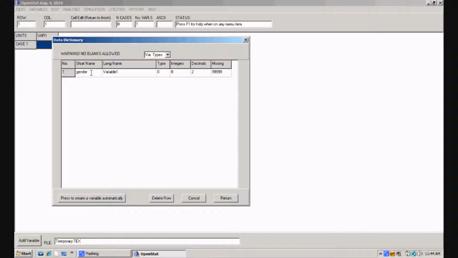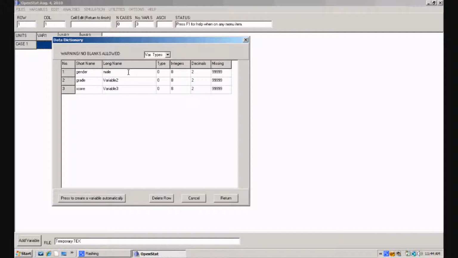I type that in. Now I'm going to press the down arrow on my keyboard and add another variable. Again, I can type in a name, and I'll put in, in this case, a variable label grade. Next, I'll press the down arrow key once more, and I have the option now to enter a third name, which I'll call score. These 3 variables now have short labels as well as long labels. You can change each of the long names if you wish also, and indicate things like